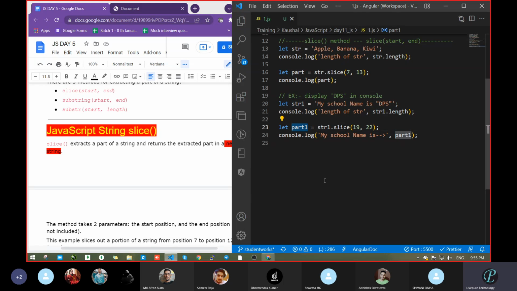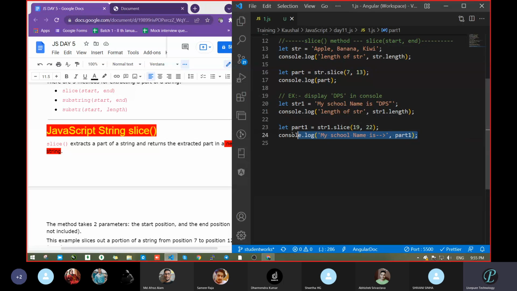Because who is the original string? Original string is str1. Yes, sir, this is your original string. But after doing the slice method, it creates a complete new string, okay, and stores it here.